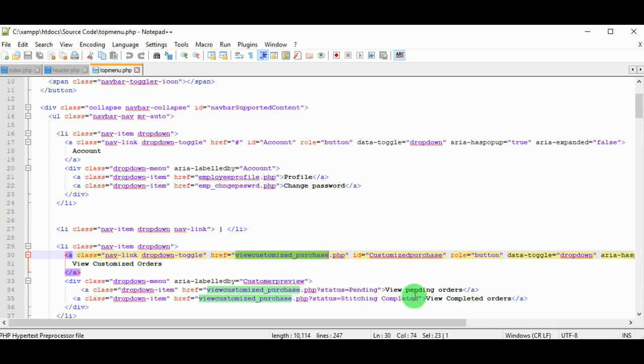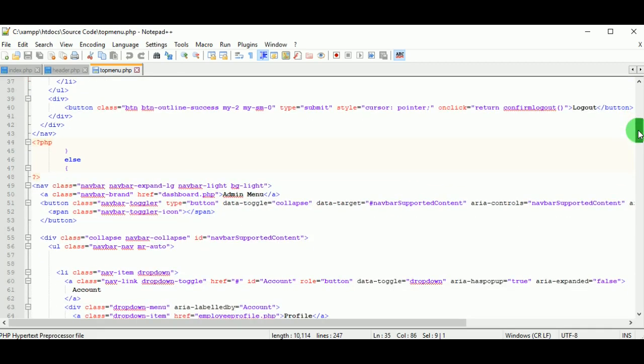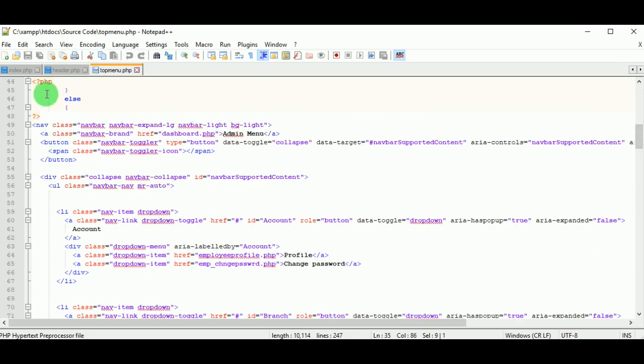Under that he can view the pending orders and completed orders. It is the same page, view customized purchase, but if the status is pending, it means pending orders, and if the status is stitching completed, then it is completed orders. Then there is a logout menu. So this is the only option available for the Tailor.